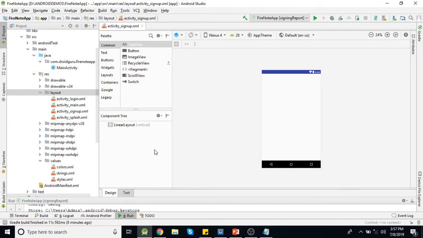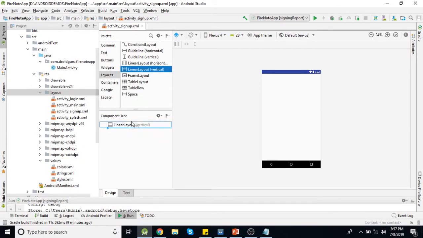Here we need to create fields for user specific information. So whatever information you want to take from a user, like name, email id, or mobile number, or anything, we need to create that here. So I'm just adding fields for name, email id, and password.